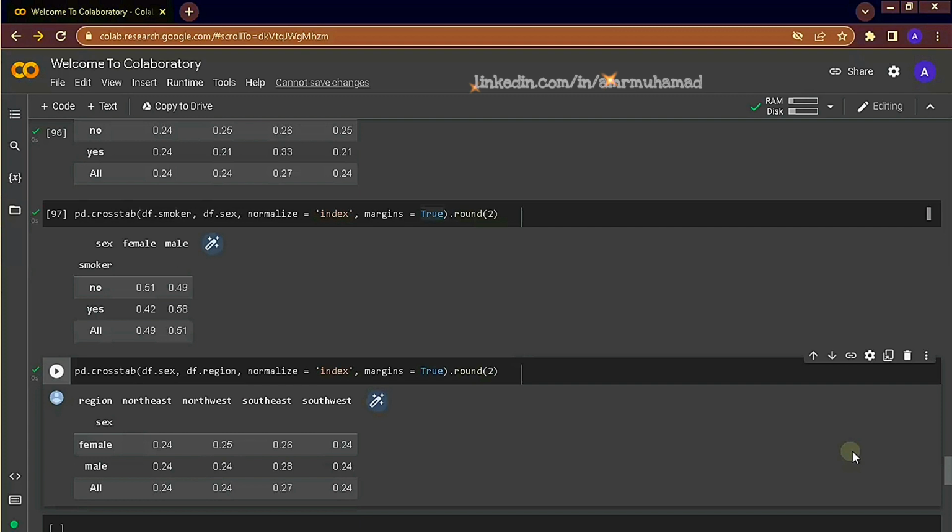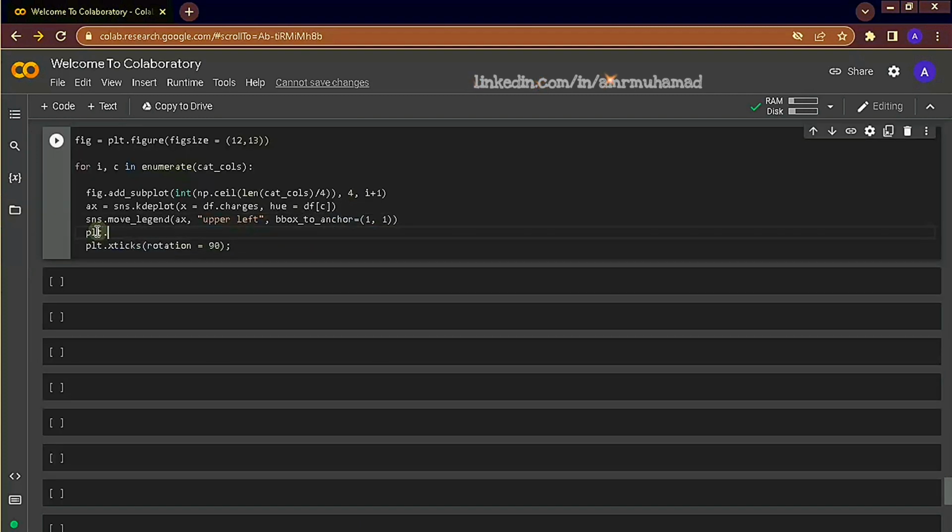Now let's look at how to analyze categorical and numeric features. We know that categorical features by themselves do not have a numeric value to analyze, but we can associate them with the target variable or the dependent variable that we are interested in and observe how the mean of this variable changes with the change in each category. To do this, we can observe several plots, among which are histograms or KDE plots by each category.